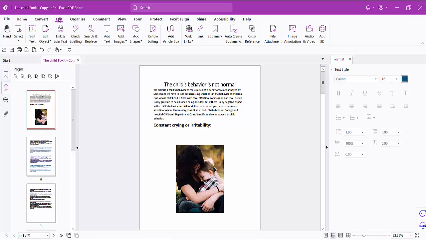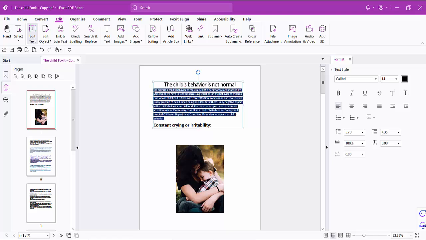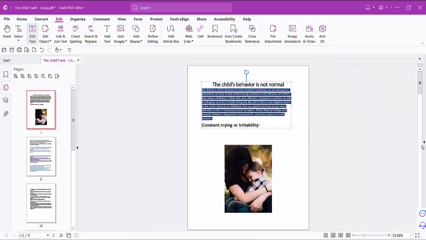Click on this edit option and select the text box option, and click on this text box and drag the mouse, select your text. If you did not find this format option, click this right sidebar arrow